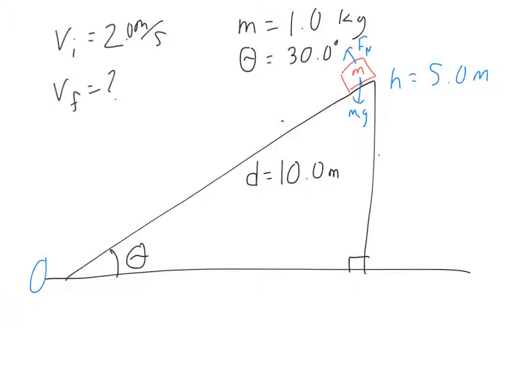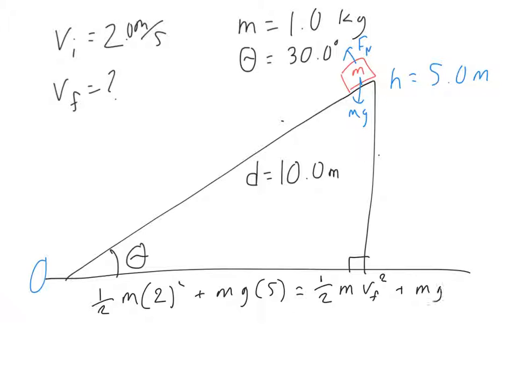All right, so I can use conservation of energy. I'm going to leave the mass terms as m for now, but otherwise the initial kinetic energy is going to be 1/2 m 2 squared. Initial potential energy is mg, height of 5 meters. And at the end we have the velocity of the body times its mass, 1/2 m v, the velocity that we're looking for, squared, plus the potential energy, mg, it's at the bottom of the slope, 0.